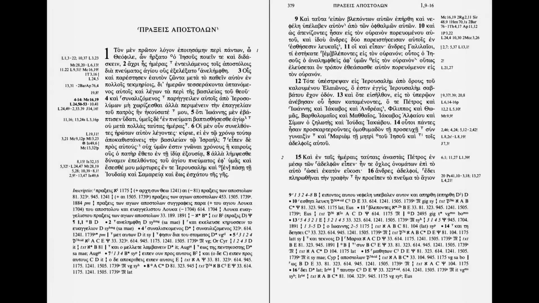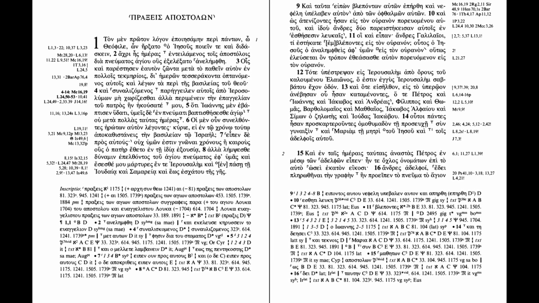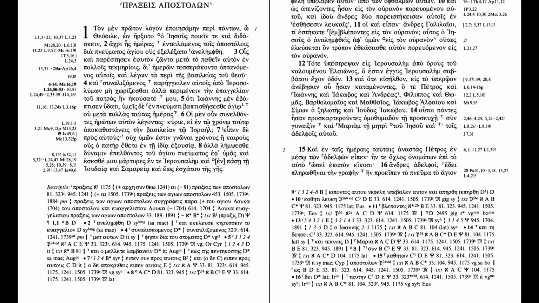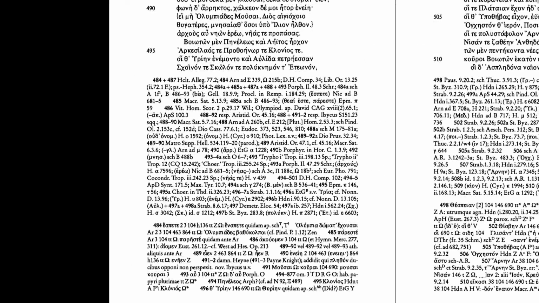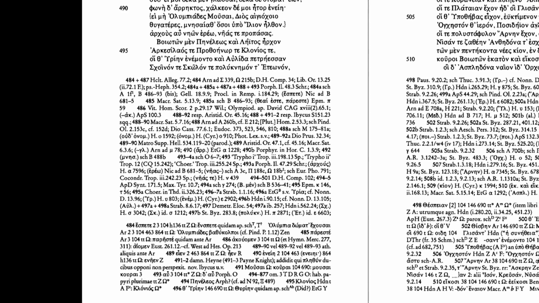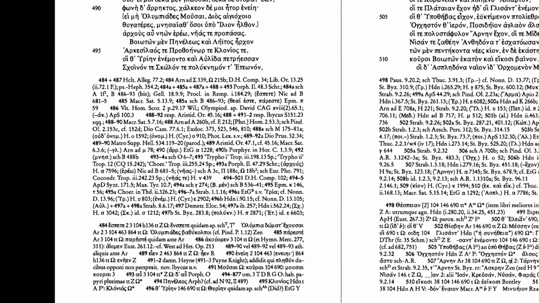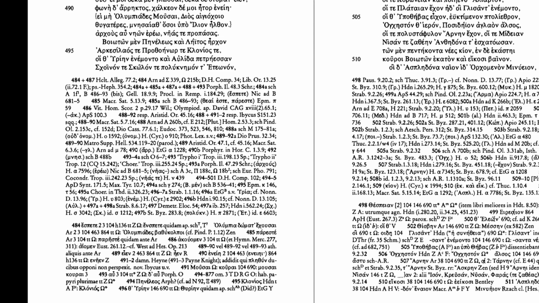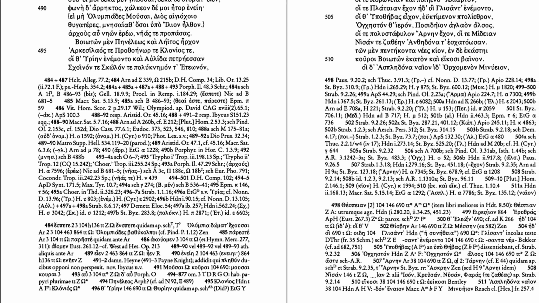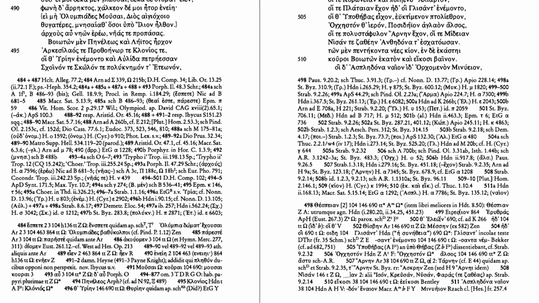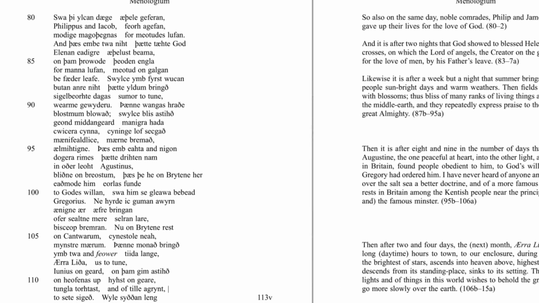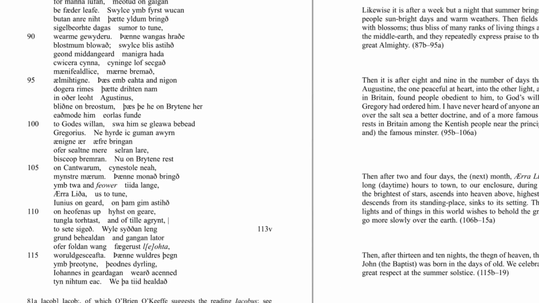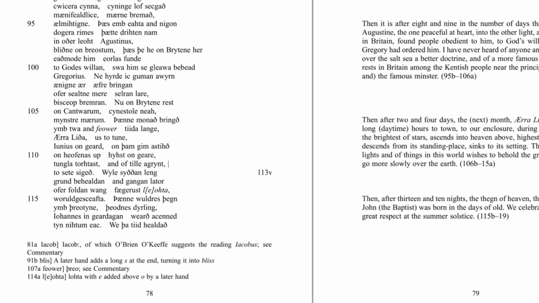There are harder app crits out there, but the very hardest ones, the Nestle Aland edition of the New Testament and the editions of Homer by M.L. West, are actually much better than the ones we've looked at here. They look very forbidding, and it does take a lot of work to read them, but that's only because there are hundreds of manuscripts, hundreds of abbreviations. In fact, they're well thought out, they're extremely clearly explained. At some point, maybe I'll do a separate guide on advanced app crits, like them.